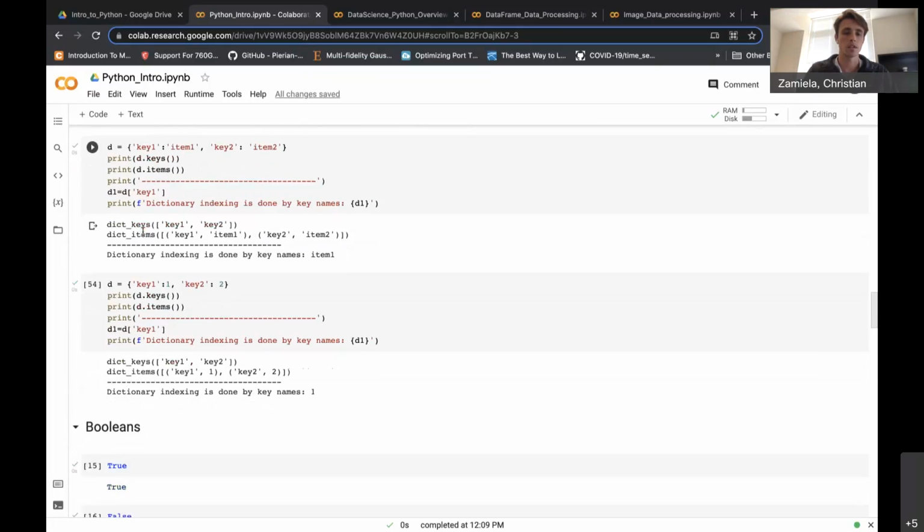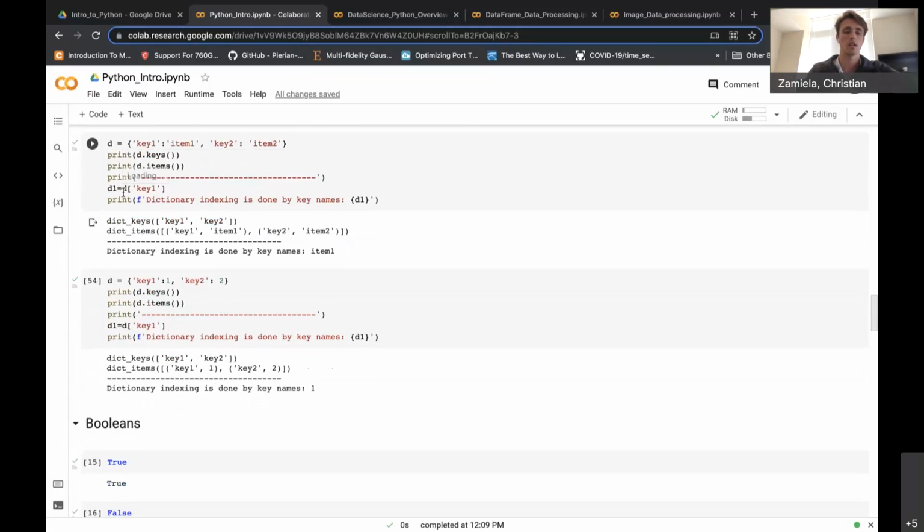And then here we can print that first key by using the name. So here the dictionary is accessed by the key names, and it's printed item 1,